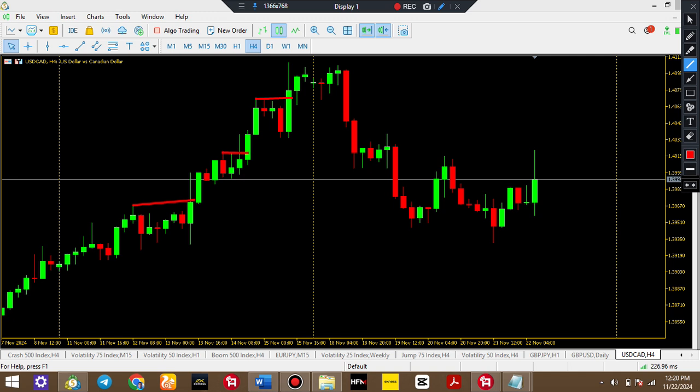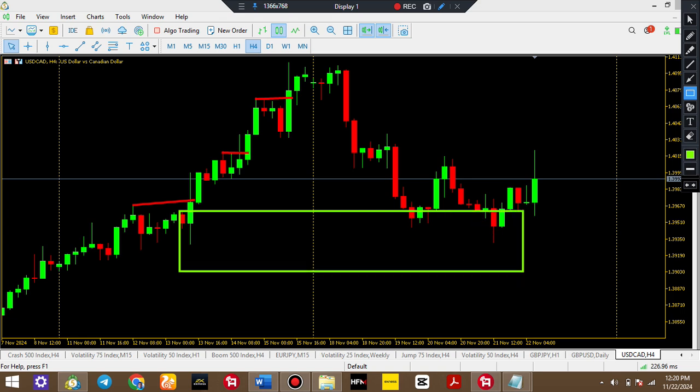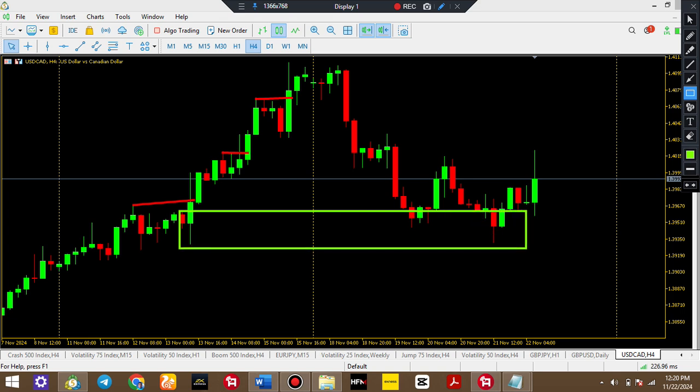So immediately price dropped to this bullish order block, which is at this point, because believe it or not, there is a bullish order block here. Immediately price drops to this bullish order block. Now, from the weekly time frame and the daily time frame, we have been able to identify that price is bullish, buying. So we are only looking for an opportunity to take a buy order, just to be in line with what we have in the daily time frame.